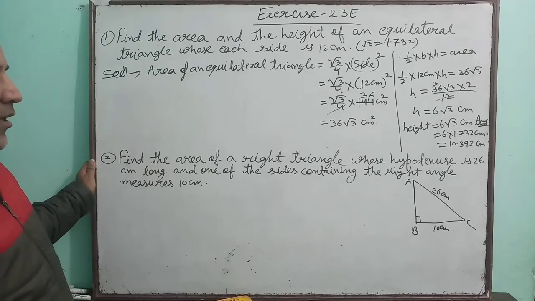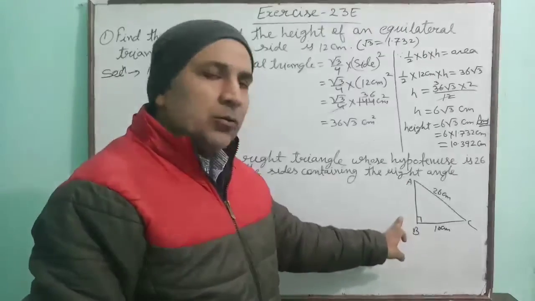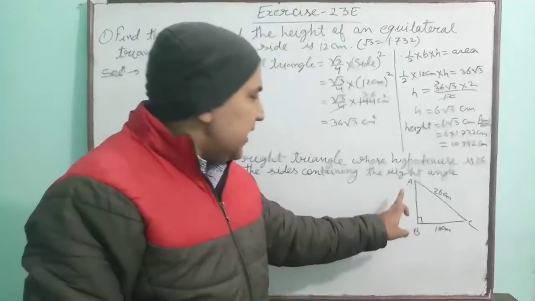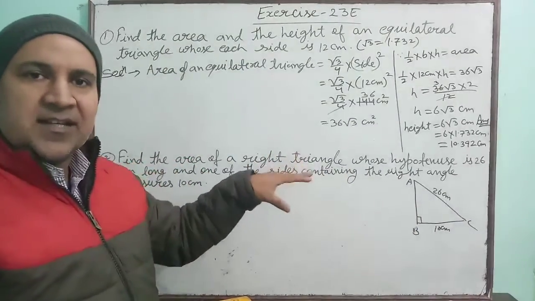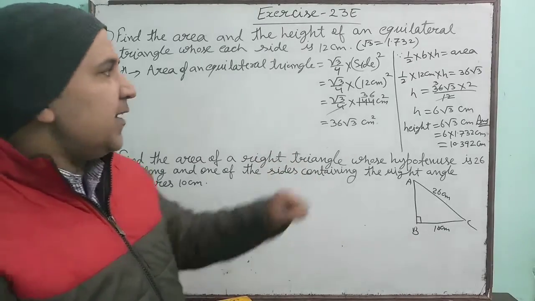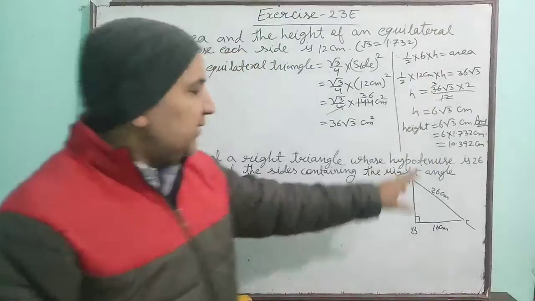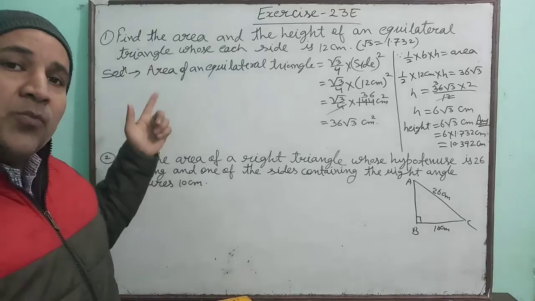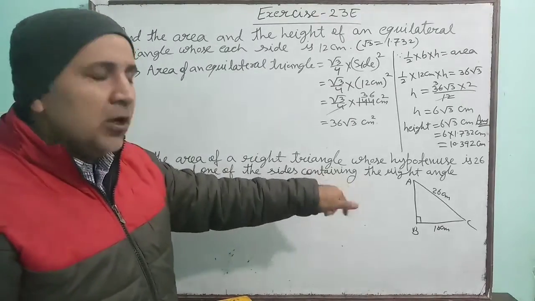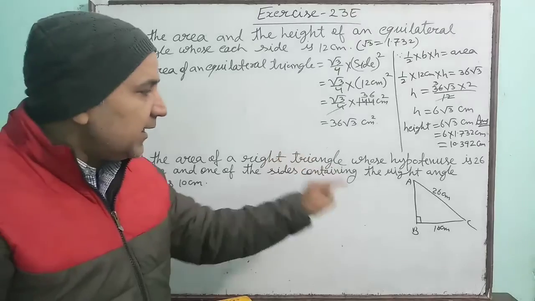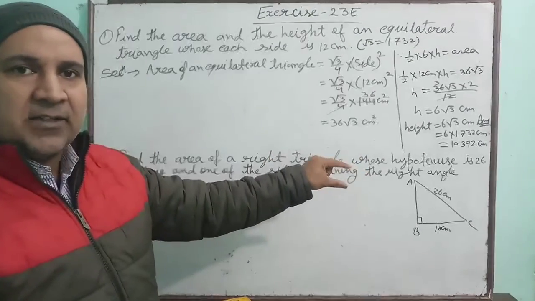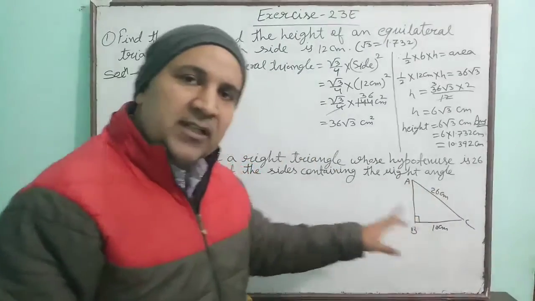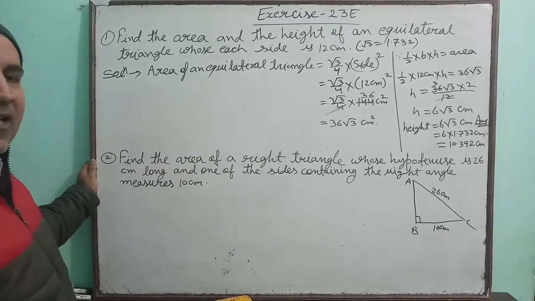Children, we know that if base and perpendicular is given, like here in the right angle triangle, if BC is base, then AB will be perpendicular. If base and height are given, then we can find the area by using this formula. If the triangle is equilateral triangle, then by using this formula. Otherwise, one more formula we have read in the previous class, if all the three sides are known. But here in this question, only two sides are given and those two sides are not perpendicular and base. One is hypotenuse, one is base. So first we will find the side AB.